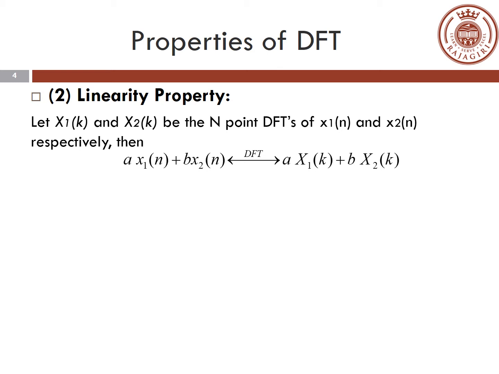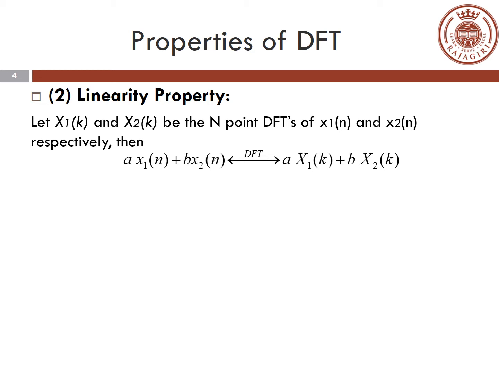Now here there is one point that you have to note. There are two sequences x1 and x2, and obviously their lengths can differ. So suppose the length of the first one is N1 and the length of the second is N2. So how do you determine capital N? Capital N is the N-point that you have to choose. What is the value of capital N? Now that's going to be the maximum of N1 and N2. For example, if you have a sequence with length 5 and another sequence with length 8, the maximum of these two is going to be 8. So you have to choose your capital N as 8.